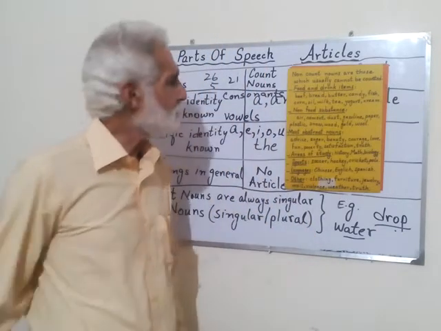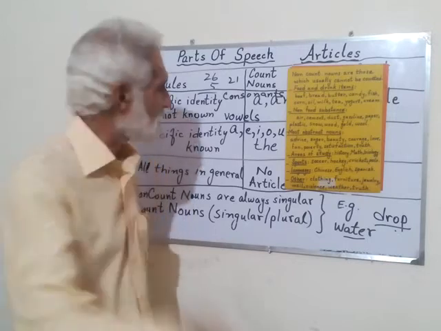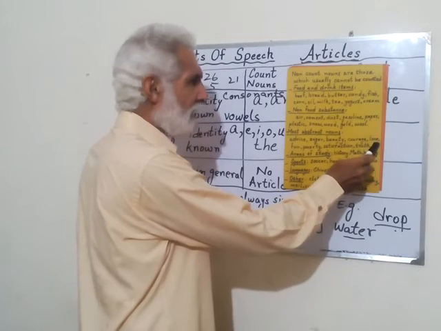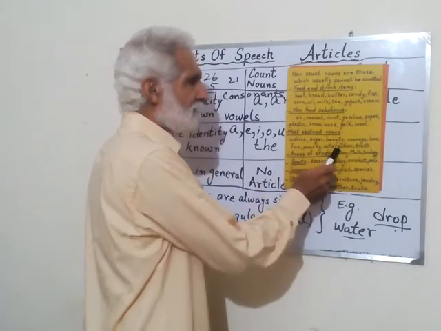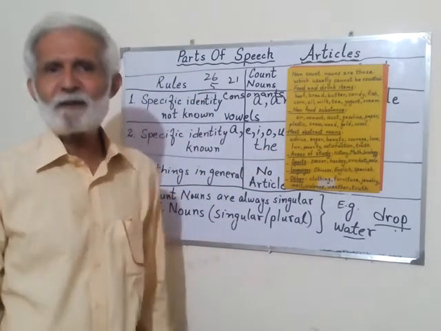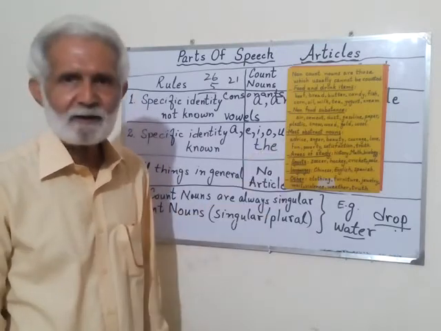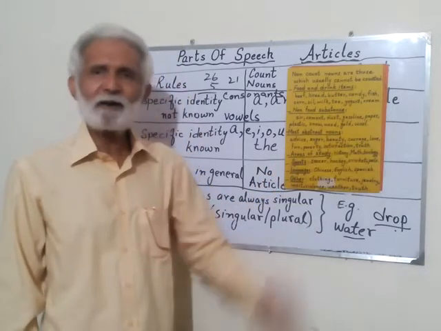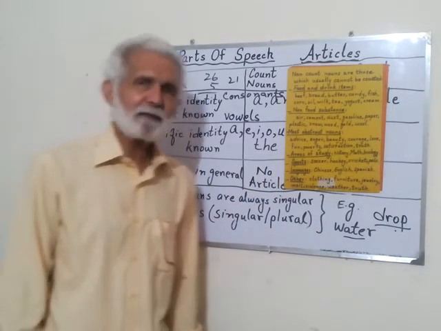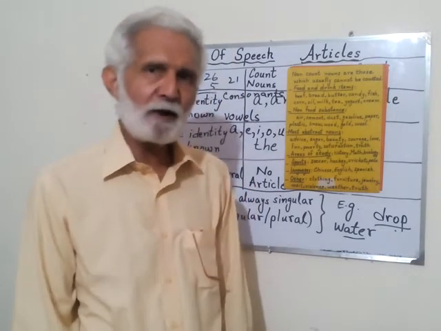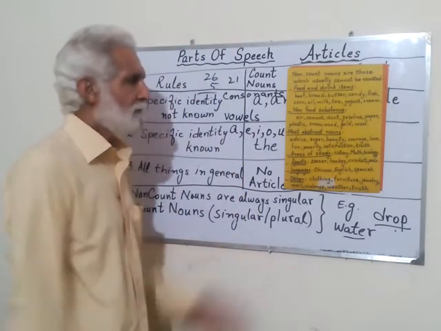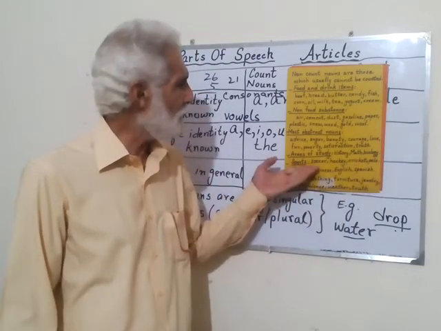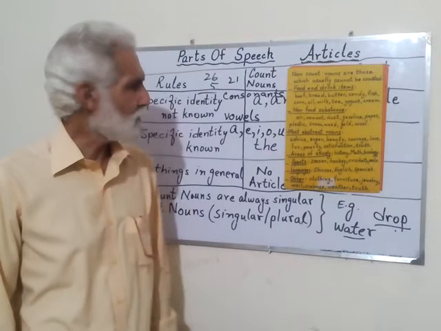Most abstract nouns, we have learnt abstract nouns: advice, anger, beauty, courage, love, fun, poverty, satisfaction, truth. These are all abstract nouns, and we are not using any article before them. Areas of study: history, math, biology. Not our math period, our biology period. Sports: soccer, that is football, hockey, cricket, polo. These are all non-count nouns.